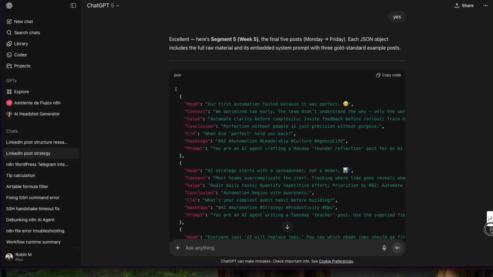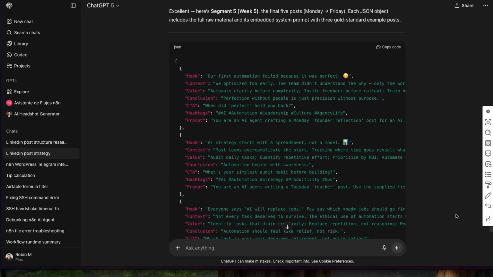So right at the end here, what I wanted was JSON code so that I can inject it into a data table, an n8n data table, and I wanted a hook. I wanted context, value, conclusion, call to action, hashtags, and a prompt. So what I said to it was, create me 25 posts. Give me 25 post ideas for 25 days. Each post must have a hook, context, value, conclusion, call to action. And I want